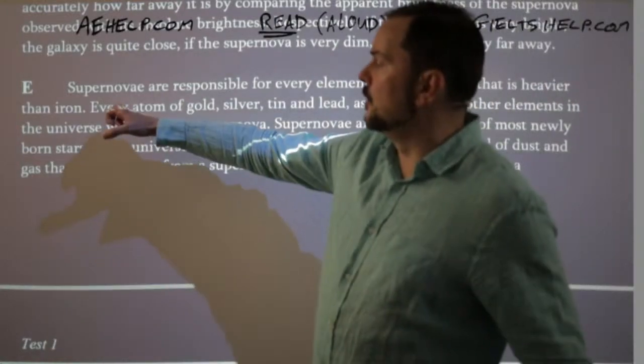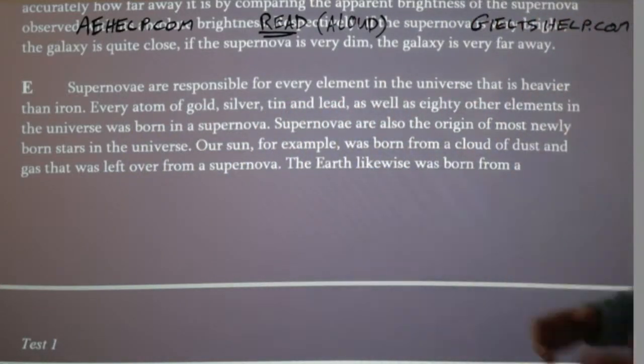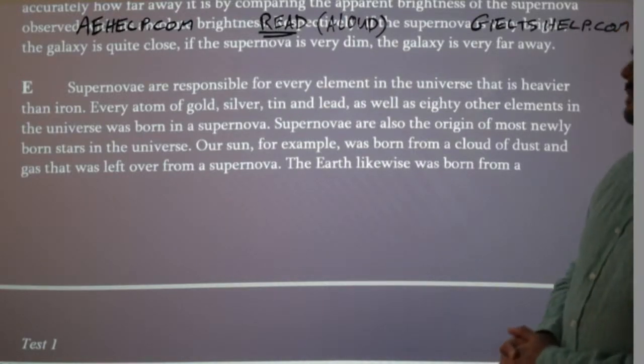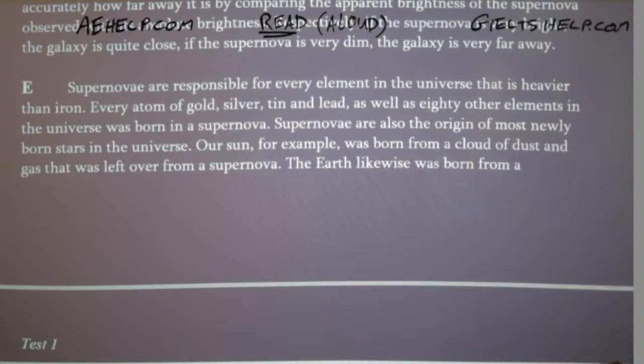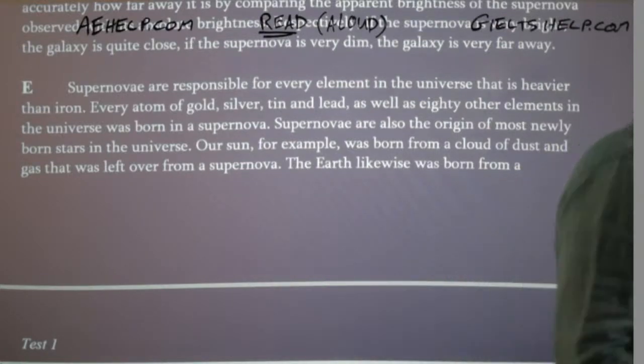All right, so here we go. E, supernovae are responsible for every element in the universe that is heavier than iron. Every atom of gold, silver, tin, and lead, as well as 80 other elements in the universe, was born in a supernova. Supernovae are also the origin of most newly born stars in the universe. Our sun, for example, was born from a cloud of dust and gas that was left over from a supernova. The Earth, likewise, was born from a